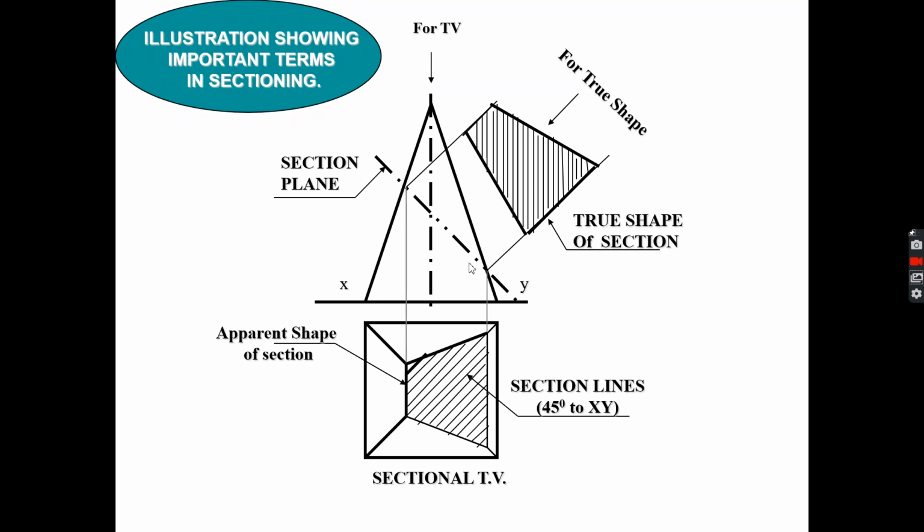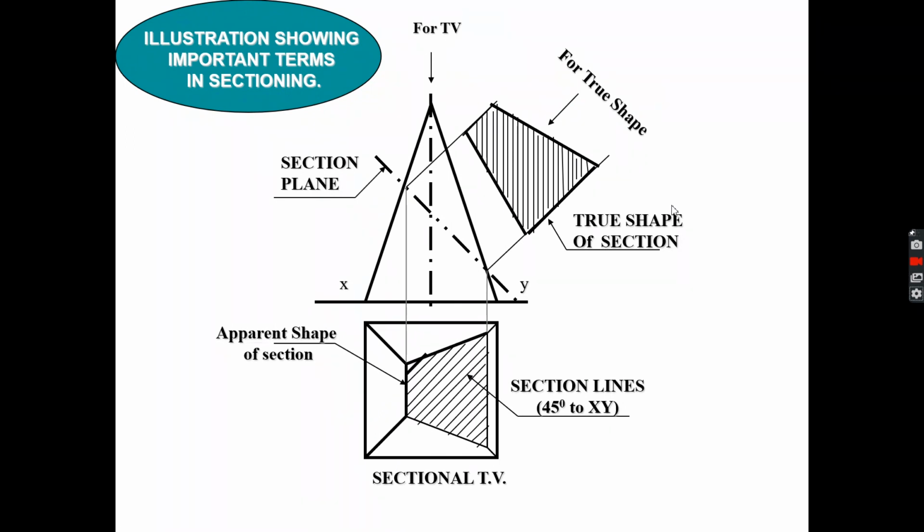Here the points are not showing, so maybe you are not able to understand. When we see the example problem, there will be proper naming of the points, so you will understand very well. Similarly you can mark point 4 and point 3, and after marking the points you have to join them by a solid line, like you are setting the sectioning portion here. Similarly, you have to set the true shape of that section by the same rule.